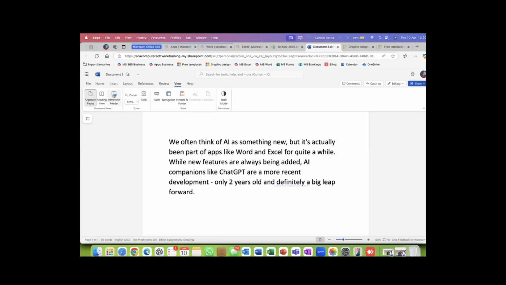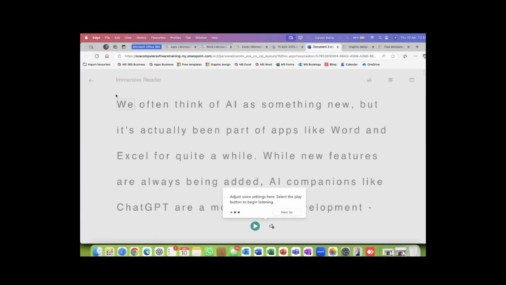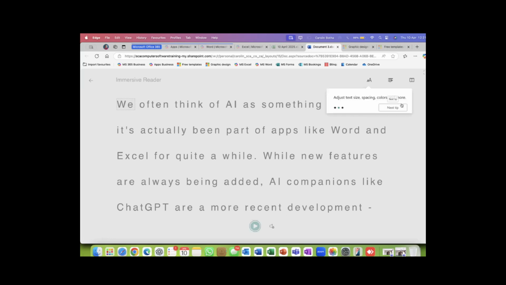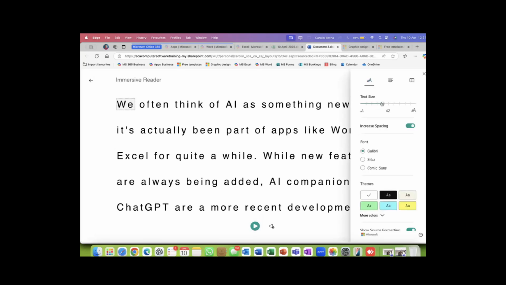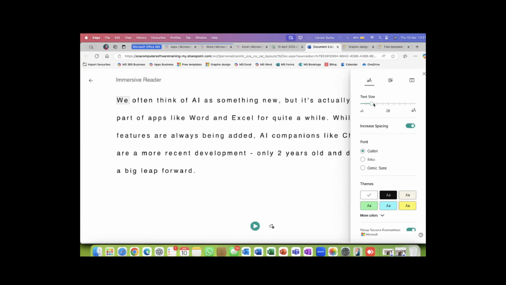And here it is, the immersive reader. I switch it on. The screen is going to change. Don't worry. It looks weird, I know. But over here on the right-hand side, you can, oops, now it's only showing me some tips, showing me exactly what I want to show you. I can decrease the font a little bit. Oh, that's better. I can even change the font style, but that is not for today.